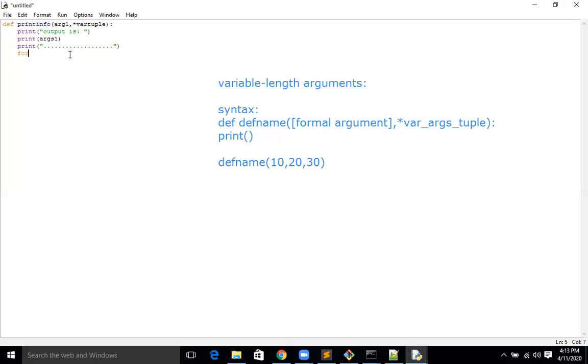So for I in the variable tuple, print I.